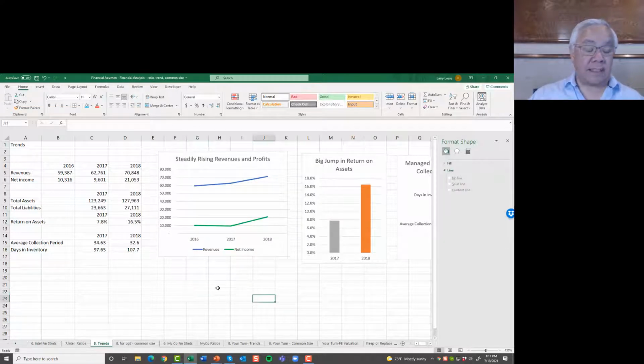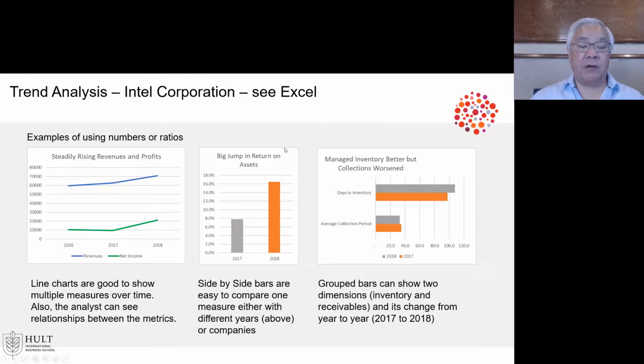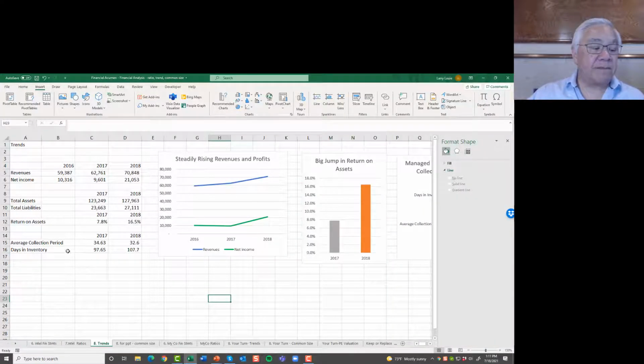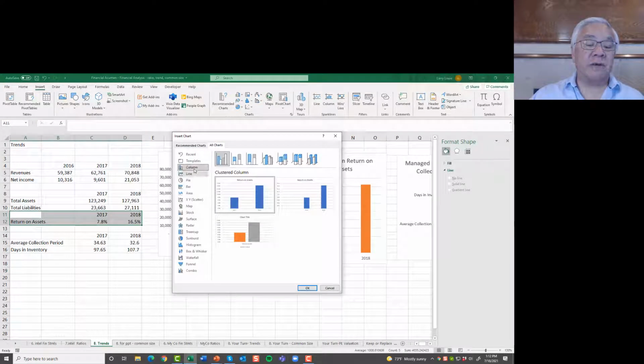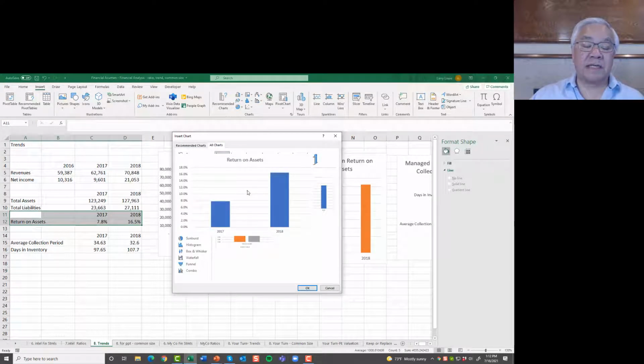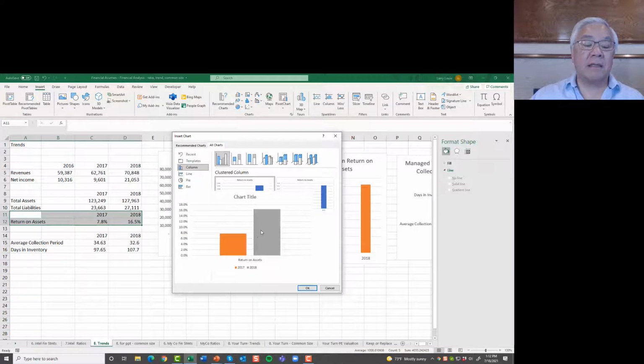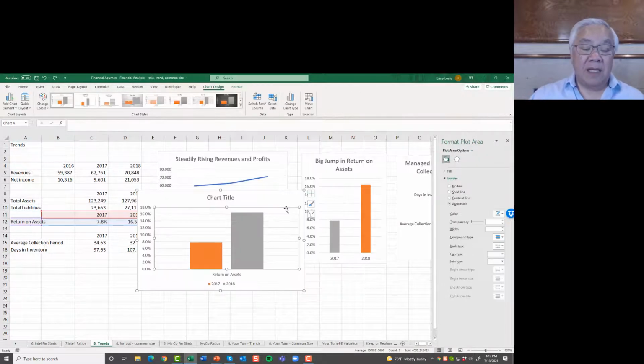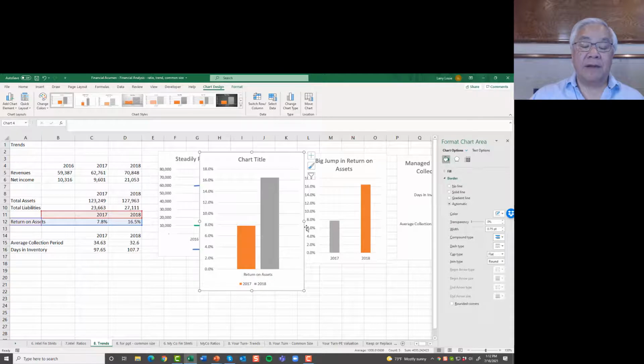All right, next was the big jump in ROA. Okay, let's graph this one. So we shade the area that we want, which has the years, the label, and the amounts. Go Insert, Chart, and let's go to charts, and we want columns, and we'll just do stack side by side, and we'll say okay. Here we see the graph that looks just like this one. If we just change the shape, it'll even look the same, right? And it shows us ROA for 2017 versus 18,